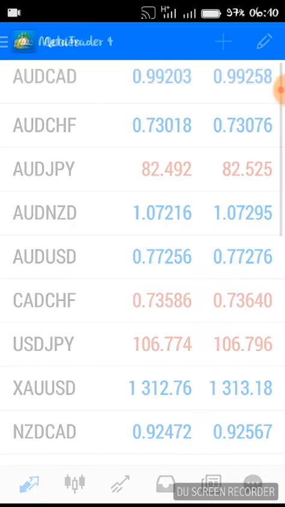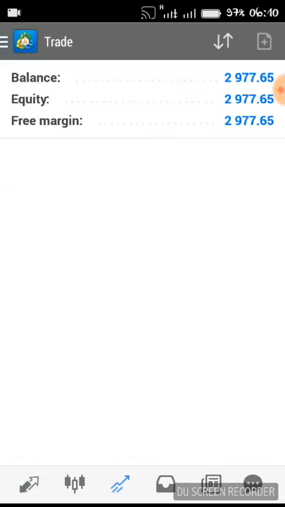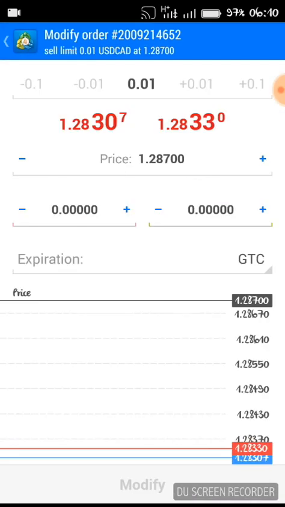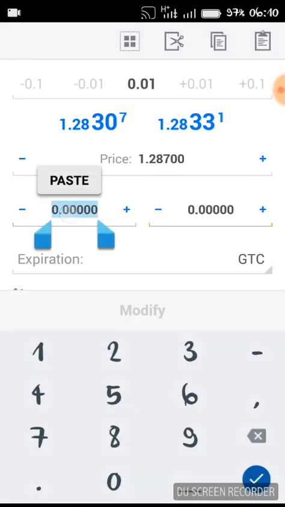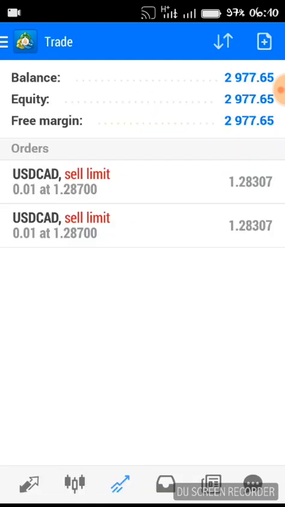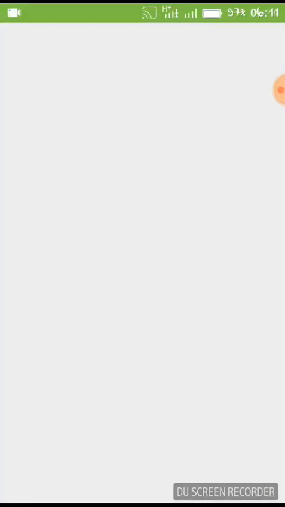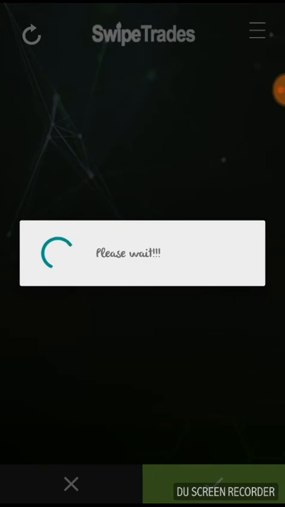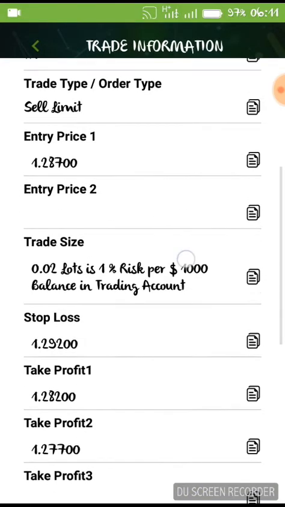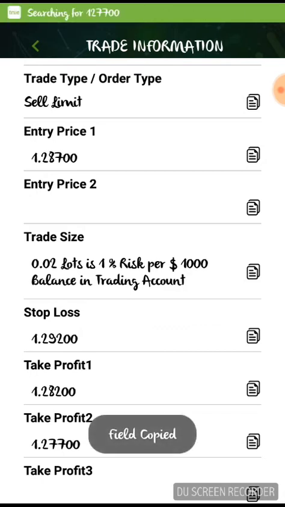I come back to the trade, wait for my network to come up. Okay, this is the trade. I modify by pressing and holding, then I come here and paste it. That is also done. Now the next thing I want to do is to go and pick my take profit 2 this time around. Picking my take profit 2, come here, accept it, then I look for my take profit 2, I copy it and then go back and